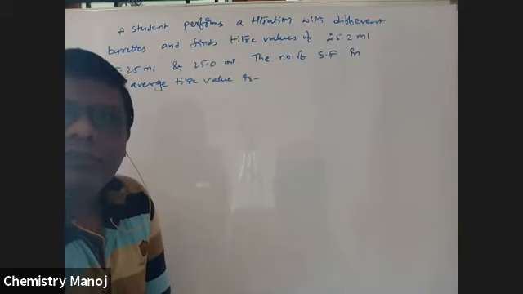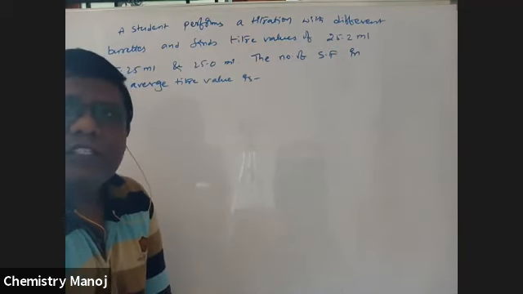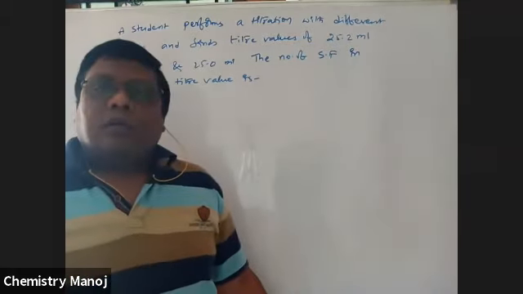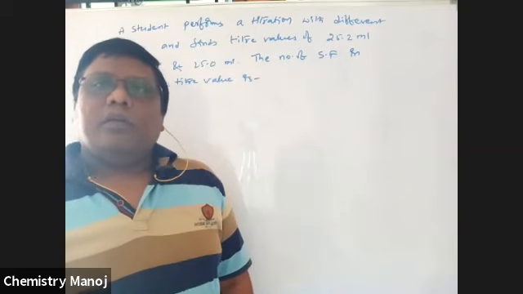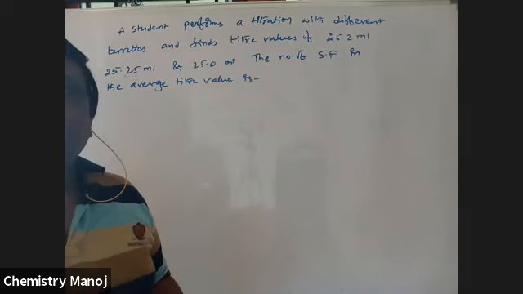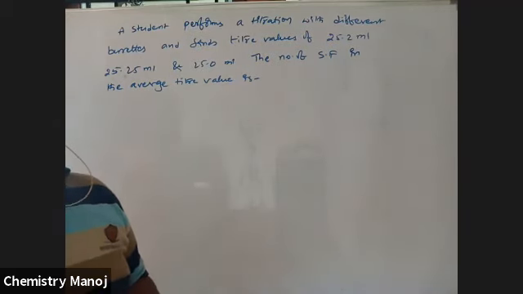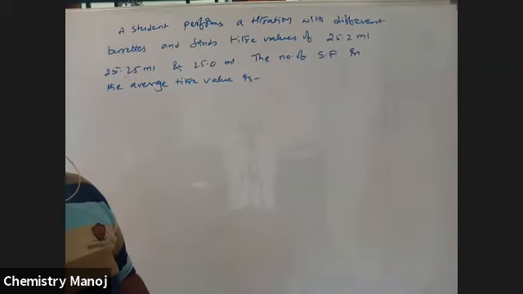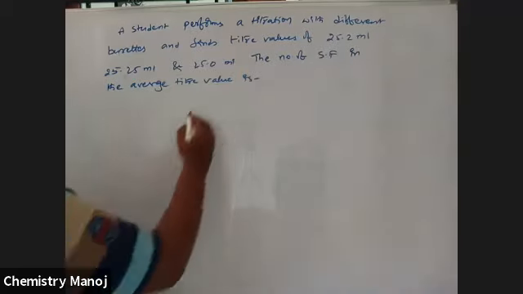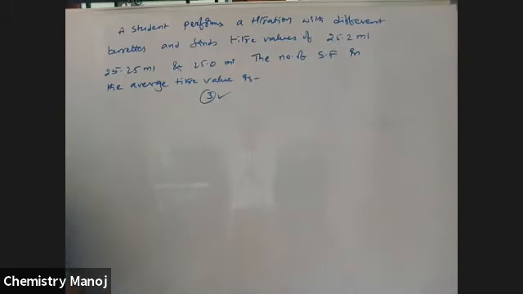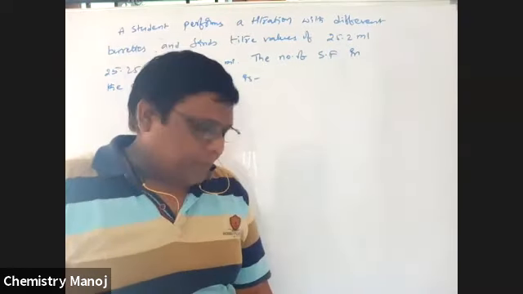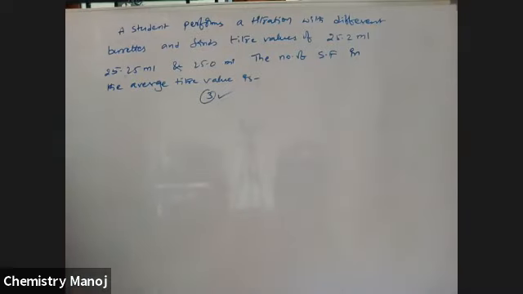You don't know? You don't know the significant figures? Division and multiplication. Is this topic completed? Significant figures? Okay. Yes, it's 3. The answer is 3. Now I'm going to explain here. See here. Wait. Yes, 3 is correct.